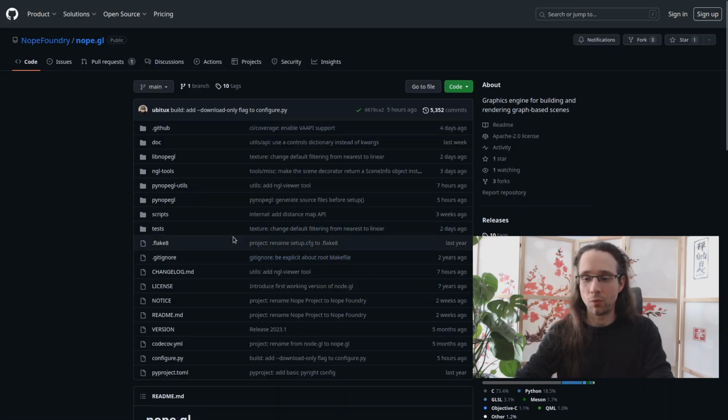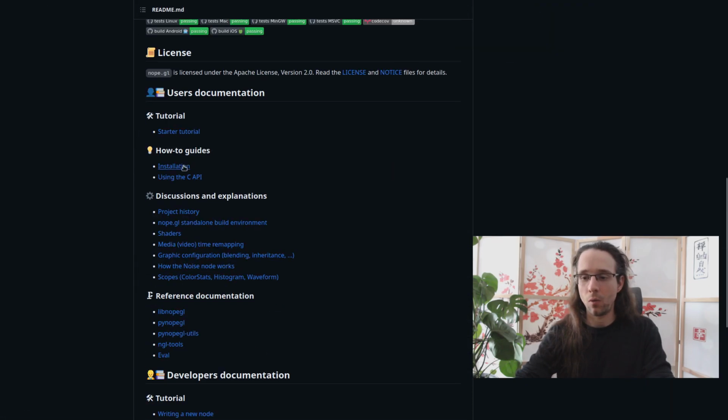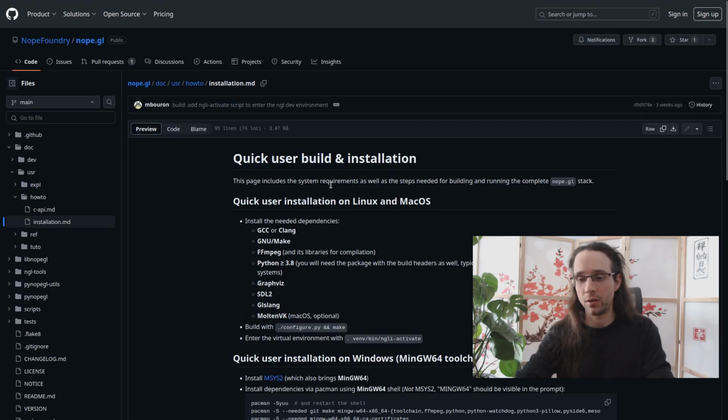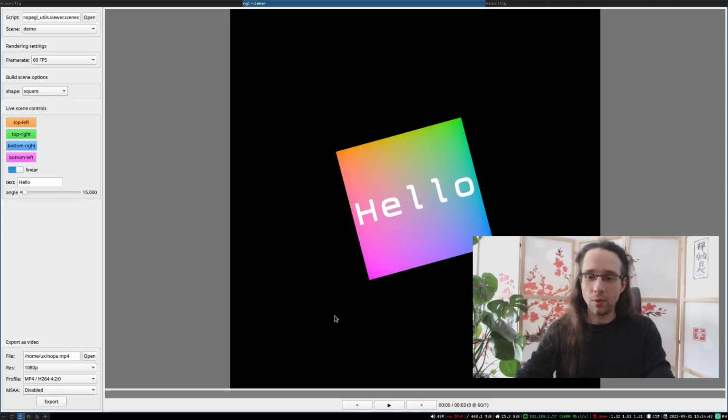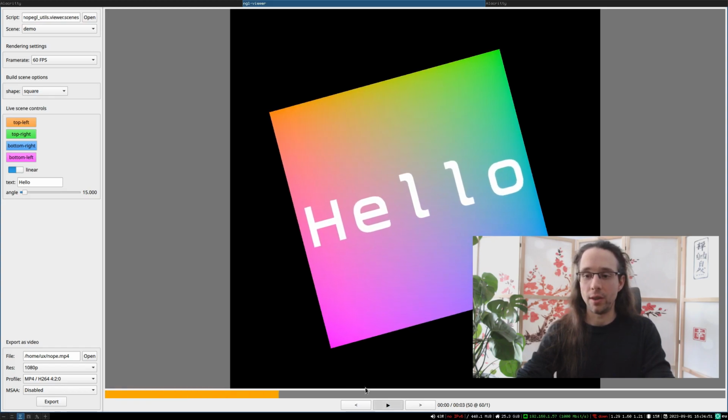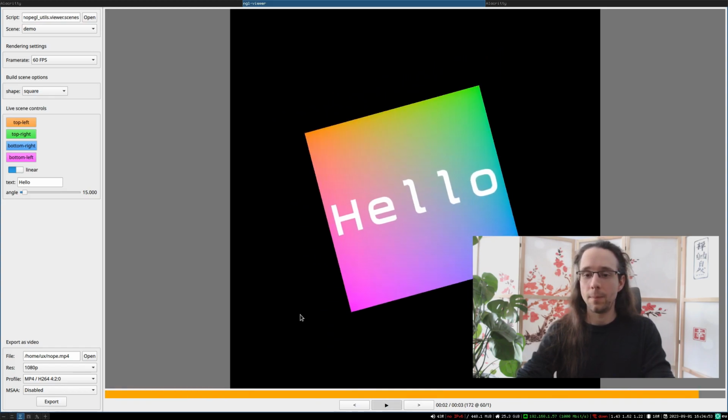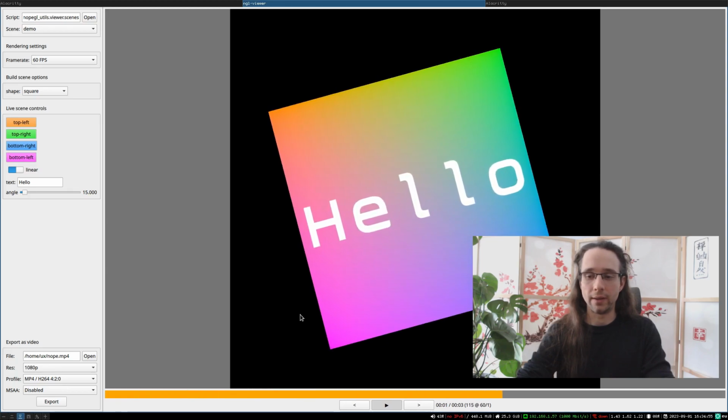We hope to have the project properly integrated with all major package managers at some point, so if you're a packager, feel free to get in touch with us. Anyway, when we have the viewer up and running, we see something like that. By default, we only have one demo, which is the one running up here, but the point is to be able to load external ones.